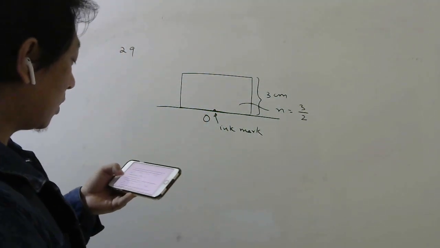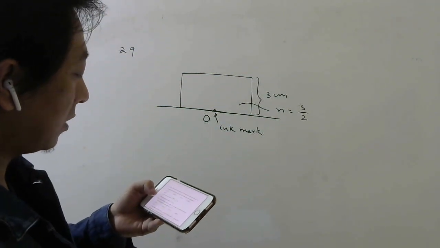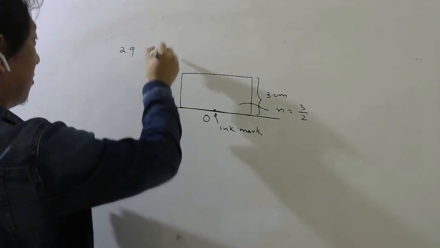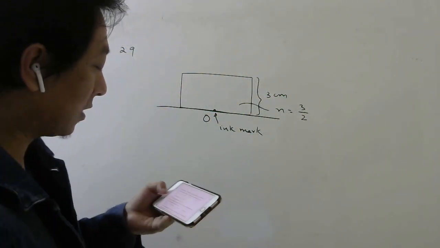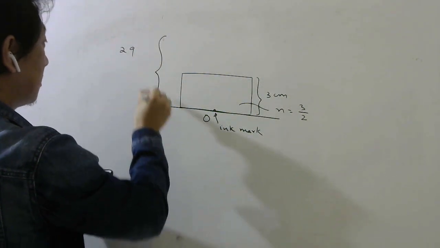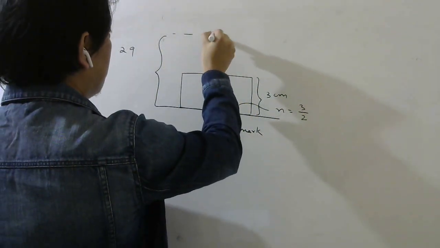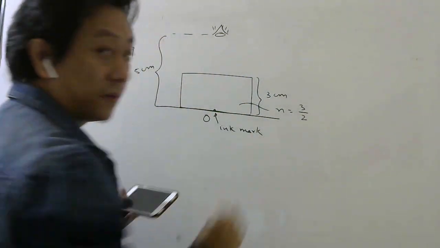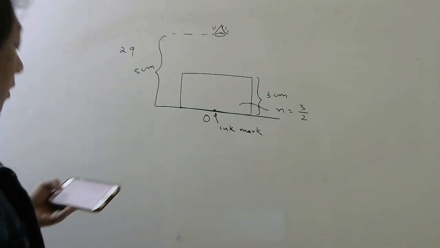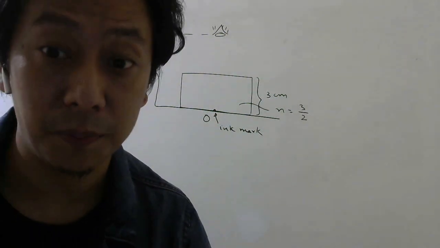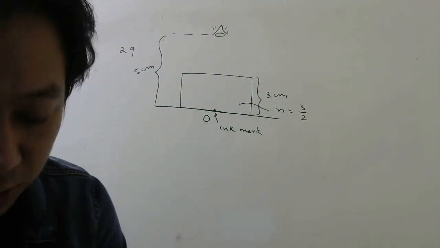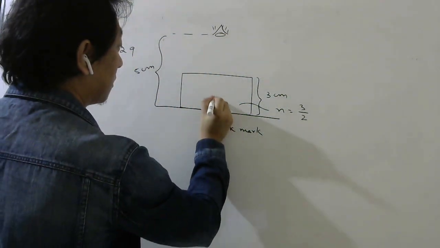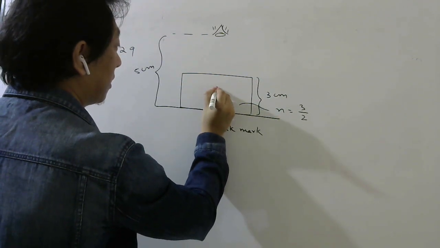For a person looking at the mark at a distance 5 centimeter above it. Now above it means from this or this, not very clear. So from the paper, I think. So from the paper it is 5 centimeter. So there is an observer here, 5 centimeter from the paper. The distance of the mark will appear to be what? So when he observes, he will not see the mark here, right? There will be a shift. So the image will be somewhere here.